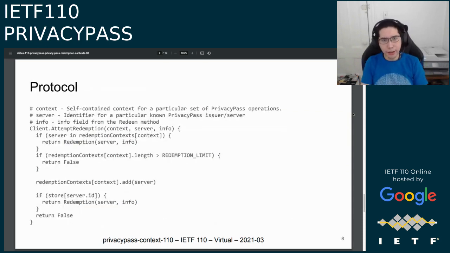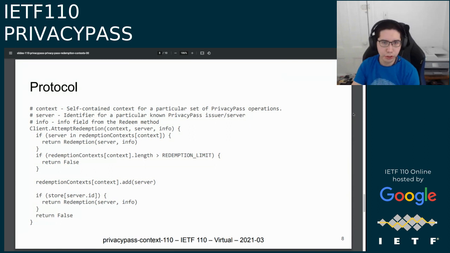So to actually add the concept of a context into PrivacyPass, there's a lot of architectural things that would be useful to talk about: how the privacy math looks and the sorts of recommendations based on the size of your context and what your privacy goals are. But there's also some protocol changes that would make it easier to maintain context. In this example, there's the addition of a new layer above redemption that keeps track of what sorts of issuers you're using in particular contexts, using hard-coded limits that we suggest in the architecture draft to limit how many different issuers get used, and